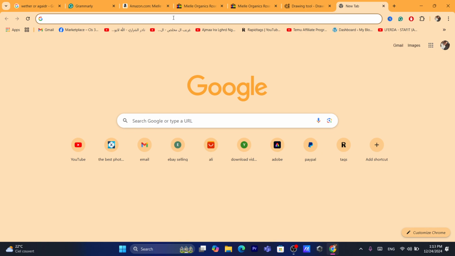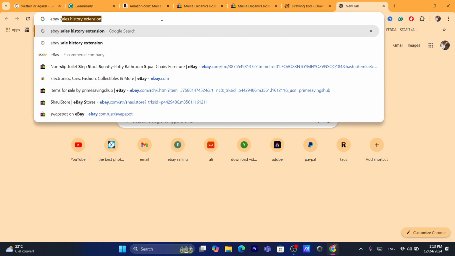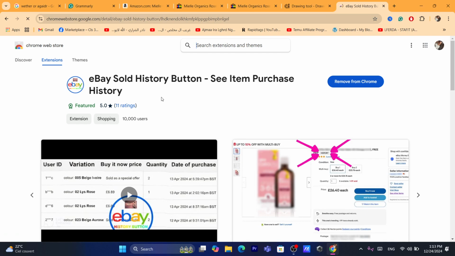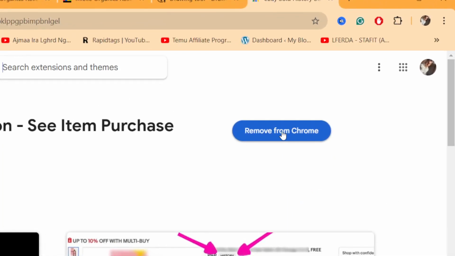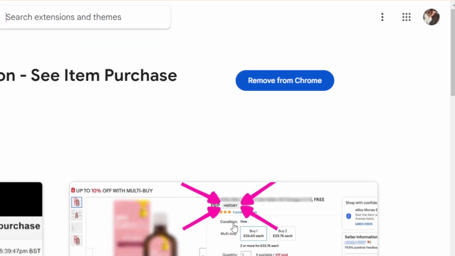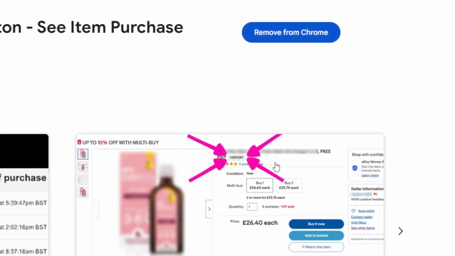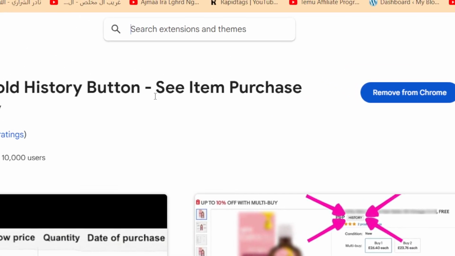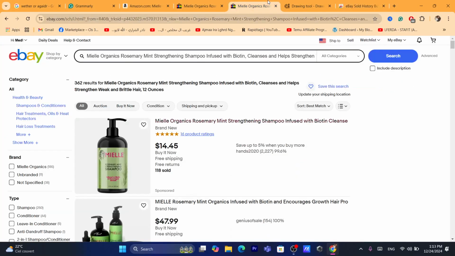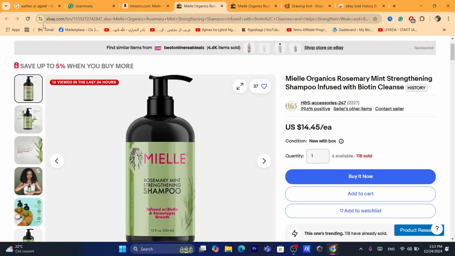I'm going to open a new tab and search for eBay sales history extension. Click on the first result and download this extension. I already downloaded it, as you can see, it says remove for me because I already have the extension. This extension will help you to see the sales history, or sold history, as you can see. After you download it, whenever you open